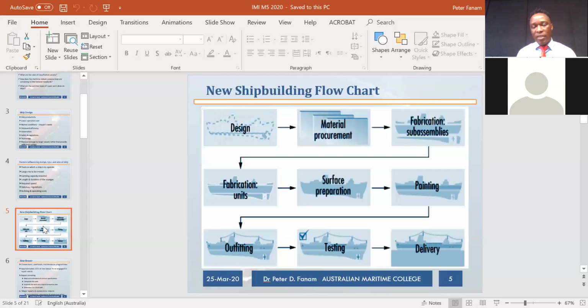And when they're building the units, they also do outfitting, that is laying the electrical equipment, cables, and other things. Or the outfitting can also be done after they fit the whole vessel. Then they will be laying the cables, pipes, and all the electrical equipment at that stage. Once that is completed and painting is done, then